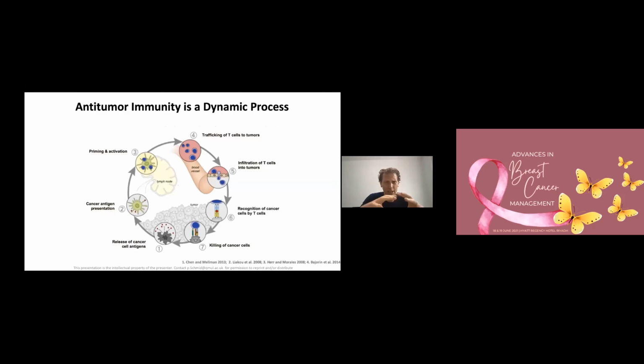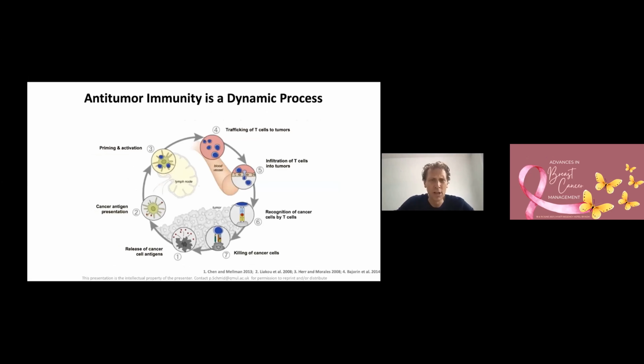Here we need to really utilize this whole cancer immunity cycle, which you have in front of you, in order to achieve optimal integration of the immune system and cancers. Now, this cancer immunity cycle starts at the left bottom corner with what I would describe as release of cancer cell antigens. They are really required to jumpstart the process of the immune system tackling cancers. How are cancer cell antigens released? Well, it can happen spontaneously with cancers, but it also happens with any effective cancer therapy, maybe radiotherapy, chemotherapy, or